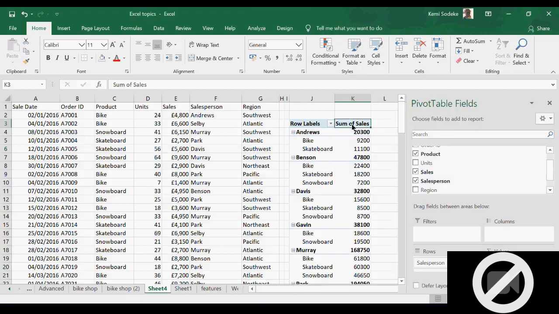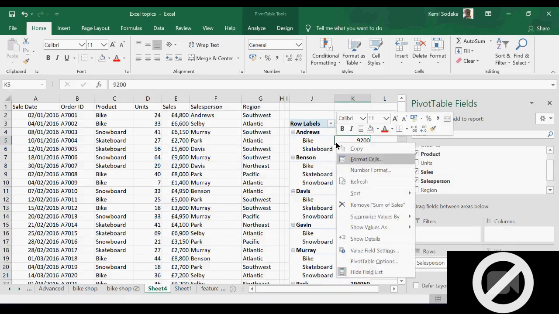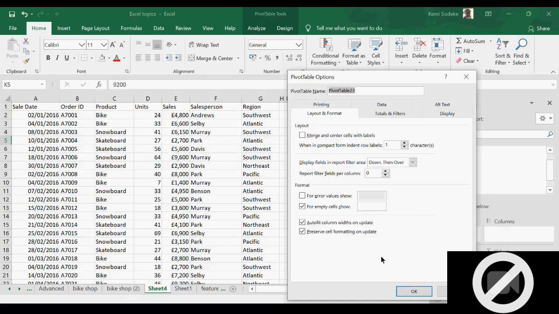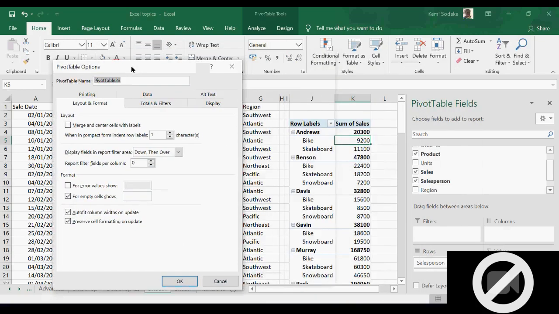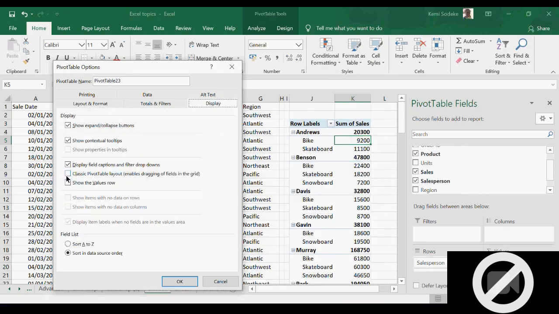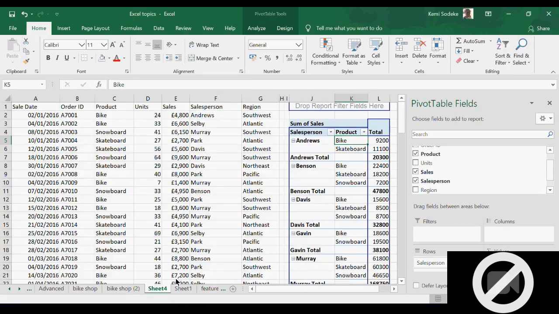If I want to be able to move this pivot around easily, I prefer to use a classic view. So if you right click on this, you have pivot table options. You have some other options that you can use. If it's a large pivot and you want to be able to move the columns around, then I use the classic display option, classic pivot display. I click that,